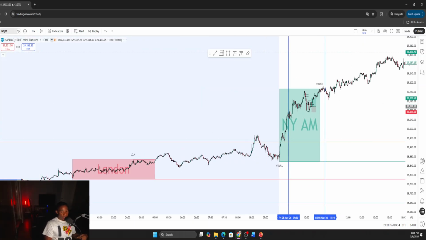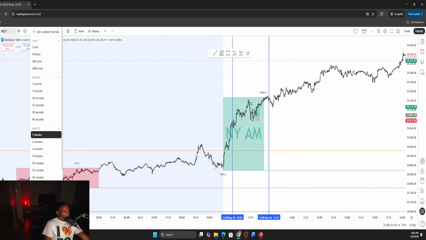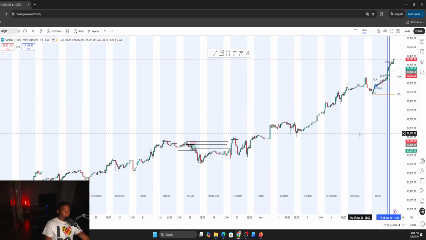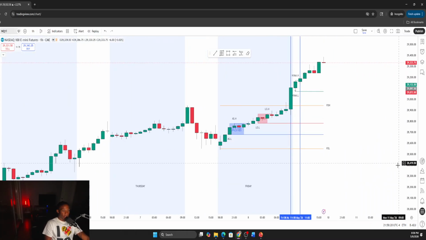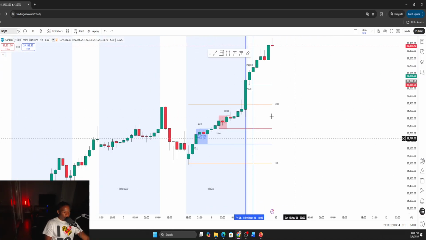So in this situation, let's go ahead and run through it, right? This situation specifically, we start off on, let's say, our hourly, right? Because like I said, we look for our bias and our direction of our trade on these higher time frames, the 4 hour to 1 hour. And today's trade was framed mostly around session liquidity, not necessarily the high and low liquidities, but the session liquidities,